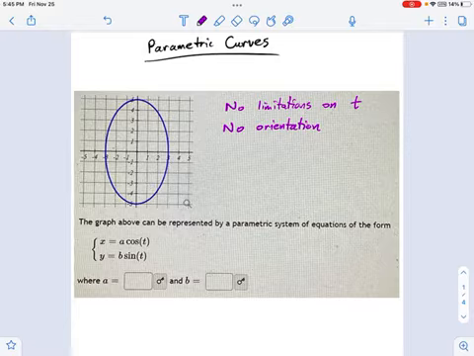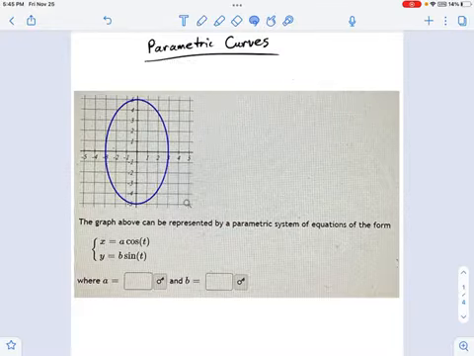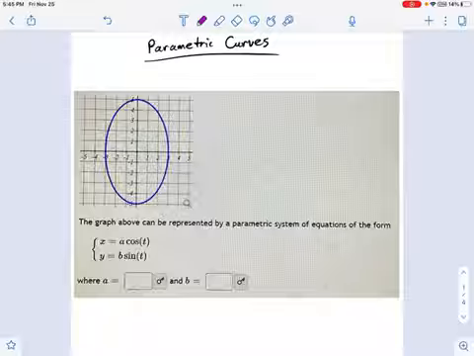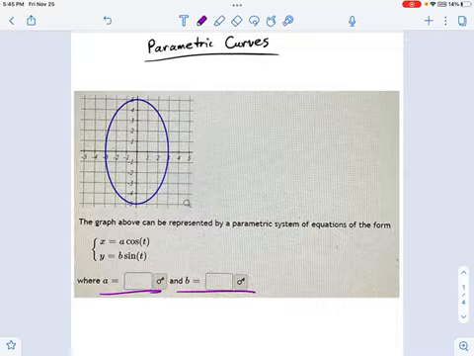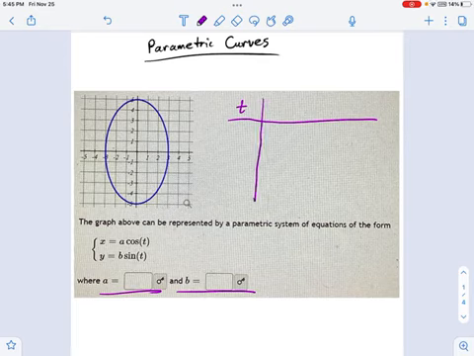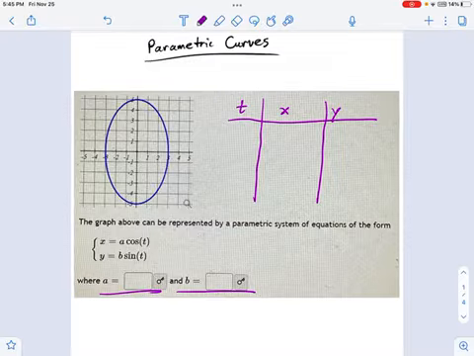Now, let's move past that and just get into how we evaluate this equation in terms of how do we figure out what A and B are. That's the question. What is A? What is B? Well, I think the best way to do it is just to make a table, right? I'm going to make a bunch of t values, a bunch of x values, and a bunch of y values. Okay, and I don't know any limitations on t, so I don't know why we shouldn't consider very easy things like 0, for example. 0 is a very nice, easy thing. I'll pick that for one of my t values.